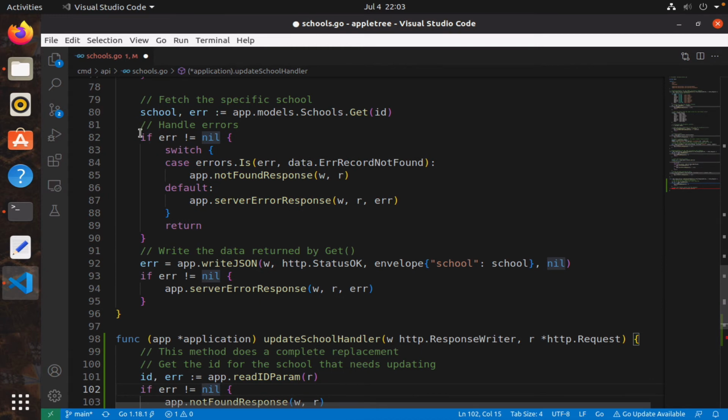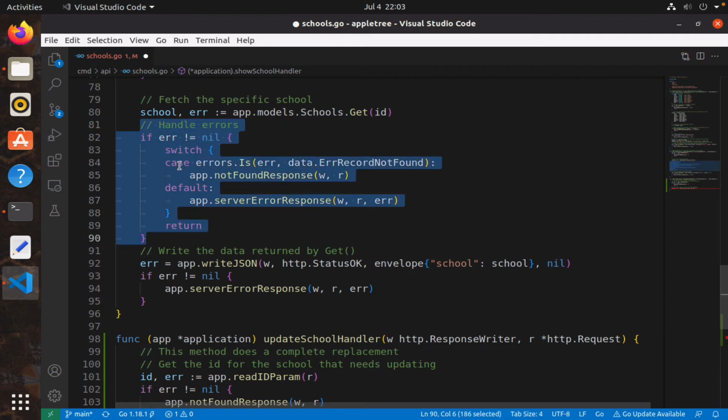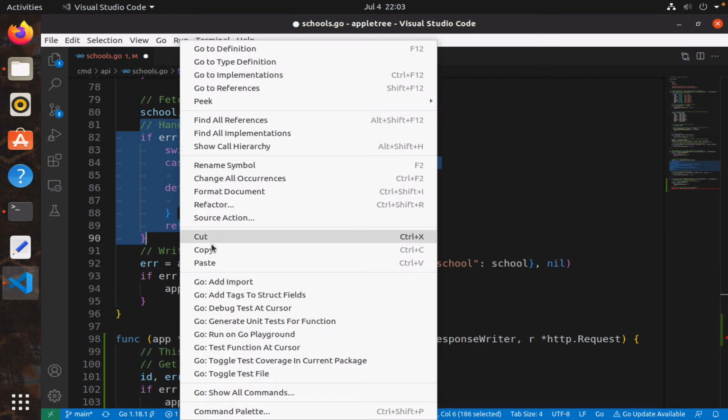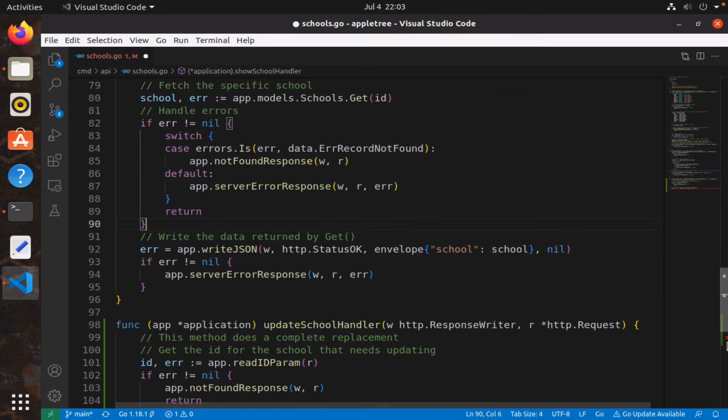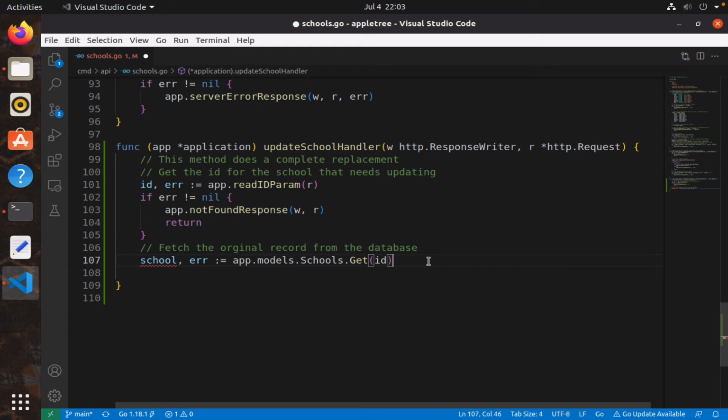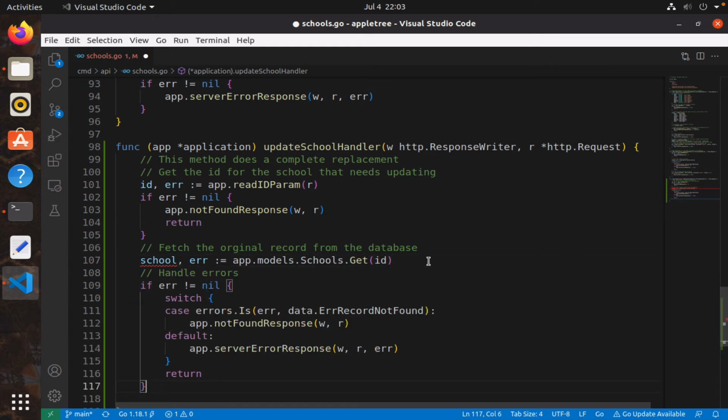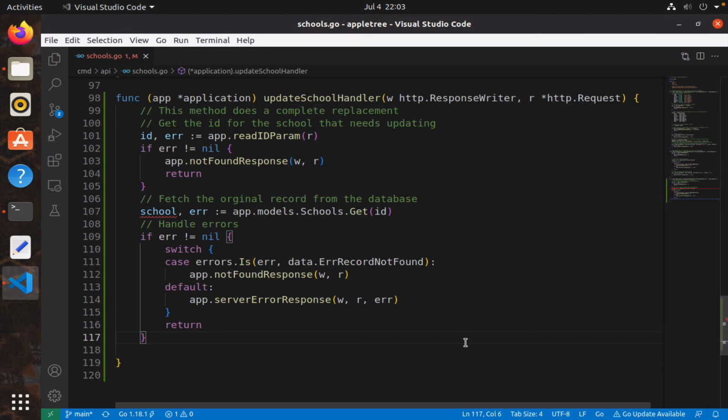I'm going to grab this. I don't want to retype that. So let's come down here. So once we have the school record and we have checked for errors and there are no errors,